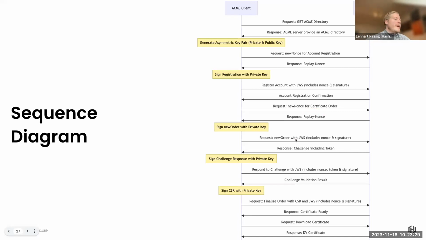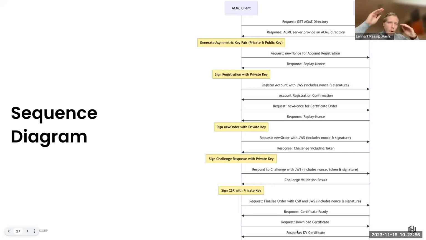So we need to now respond to that challenge, or the client does, and eventually sign everything. And we will get back the result of that challenge. And finally, we finalize, so to say, the order with the CSR and the JWS. Certificate is ready. We request to download it, and we can download it.